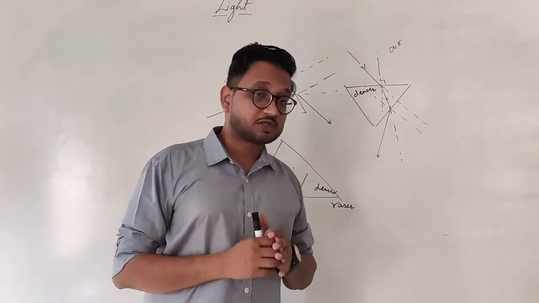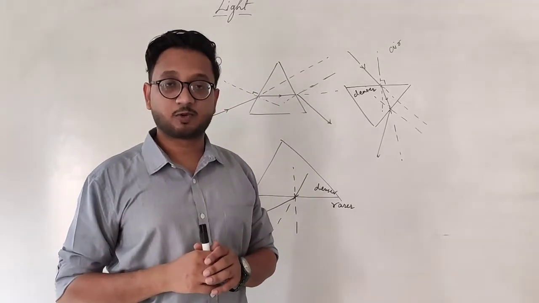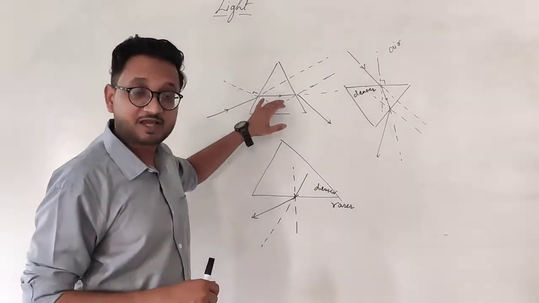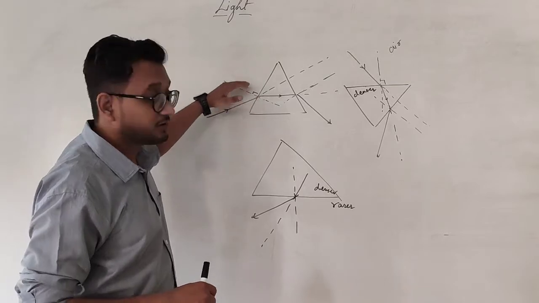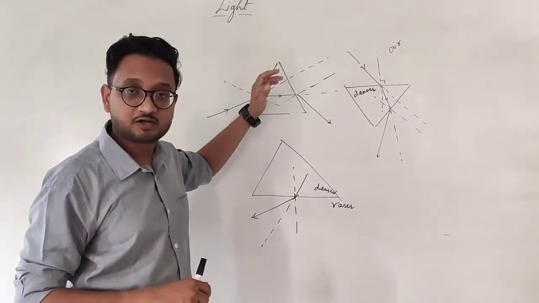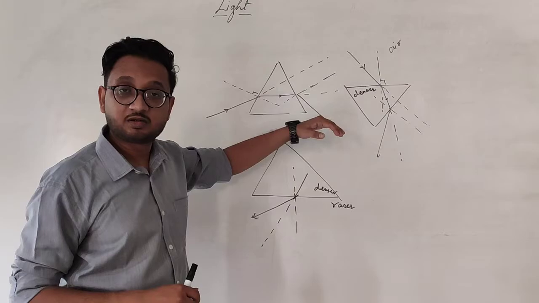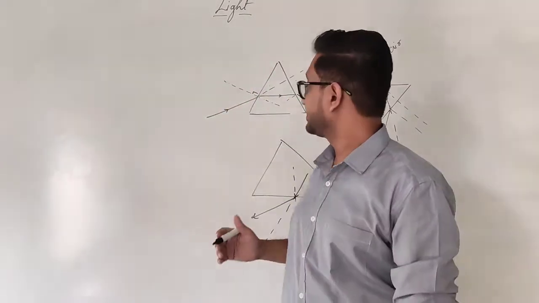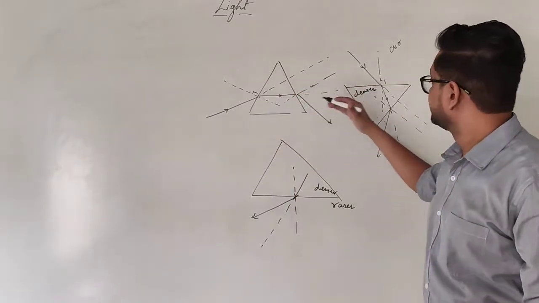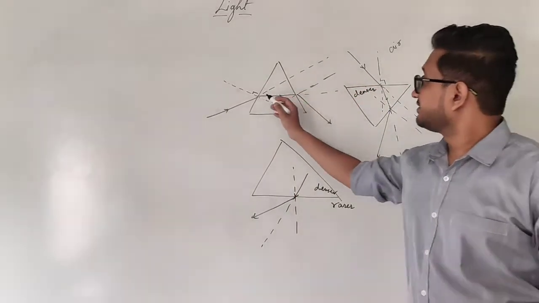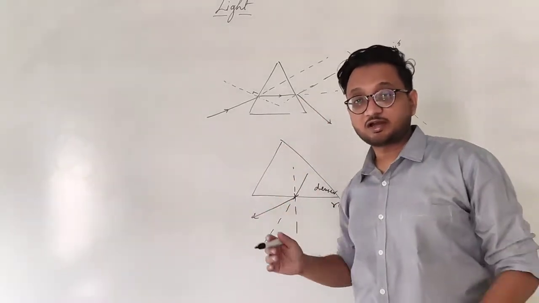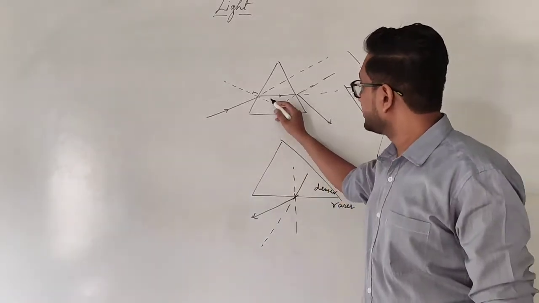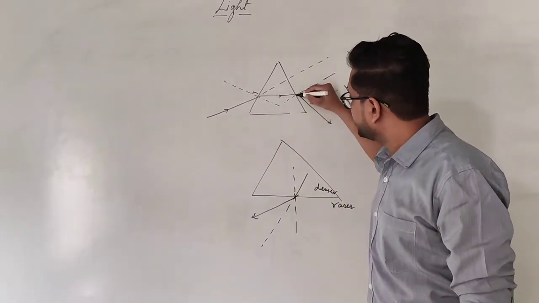I hope it is clear to you, students. I repeat the whole practical once again to you. Imagine a glass prism kept on a paper like this, a ray of light entering or incident on a surface, the normal this way like this, and because it is entering from a rarer to a denser medium, it bends towards the normal as you can see in this particular case, and we extend that to the other side because the ray of light, once it enters from one side, it is obviously going to exit from the other side, and now this ray of light is incident on this particular surface.